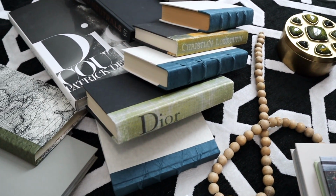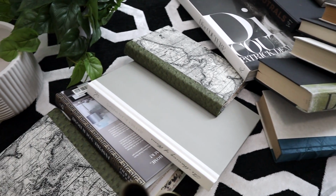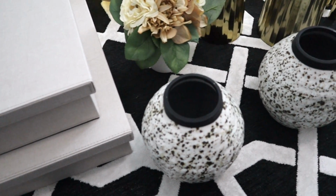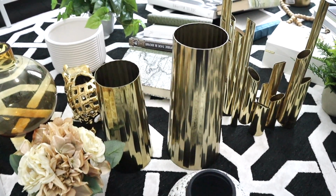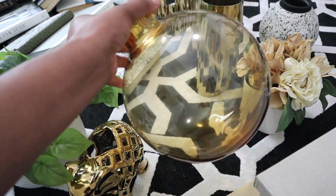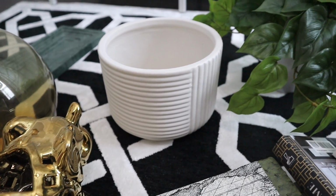Now that I have all of the items that I plan on using, I like to lay them out so I can physically see everything that I have. You'll see a variety of things that I'm using between vases, canisters, books, beads, but everything plays a part. I have different heights, different sizes, different shapes, different textures, and I just want everything to flow together and